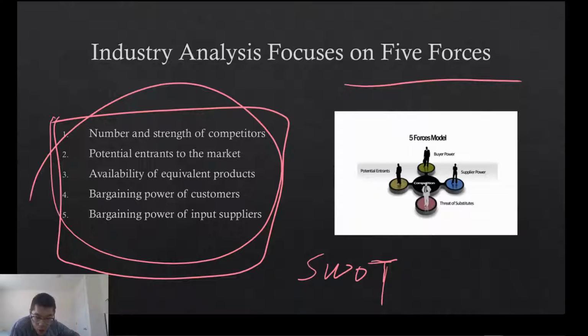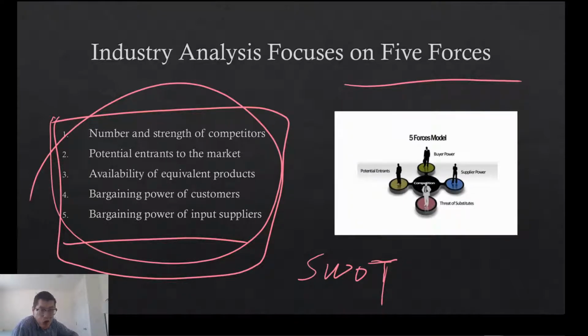And the bargaining power of customers: is this a buyer market or is it a seller market, right? Do we have any power on the market to set price or to negotiate or bargain with our customers? If not, what strategies should we use to change the course of action or to regain our competitiveness? And the last one is bargaining power of input suppliers. Basically, this last one is talking about the relationship with our